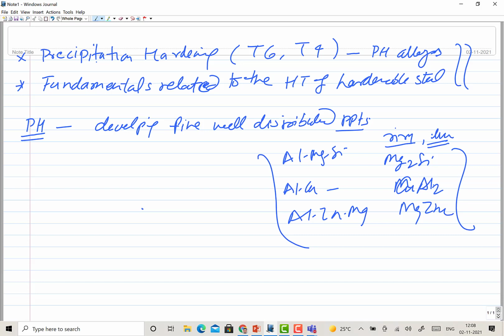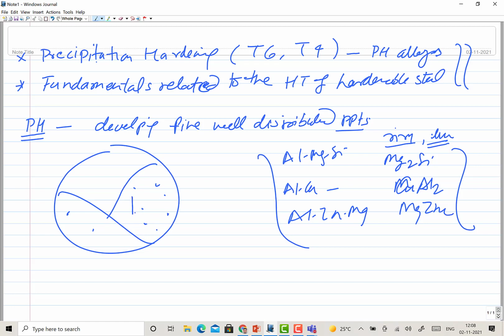To form these, what is the principle on which it works? Say these are the grains and you have got fine precipitates here and there. So these precipitates resist the movement of dislocations. Say on a particular slip plane, as soon as the dislocation comes across the fine precipitates, its movement is restricted or resisted. So movement of dislocations is resisted by